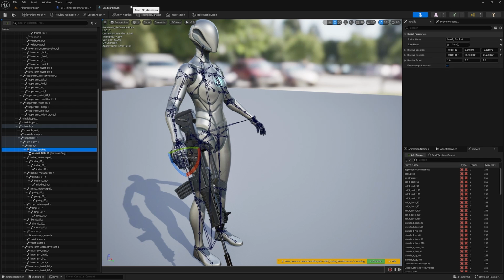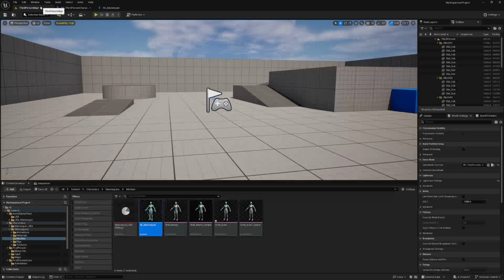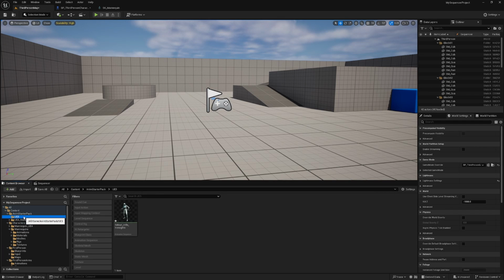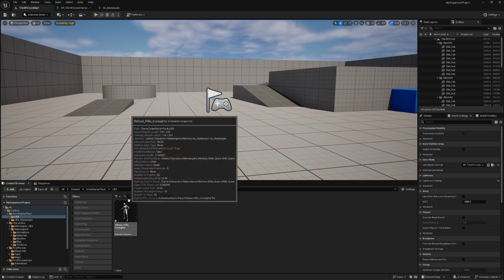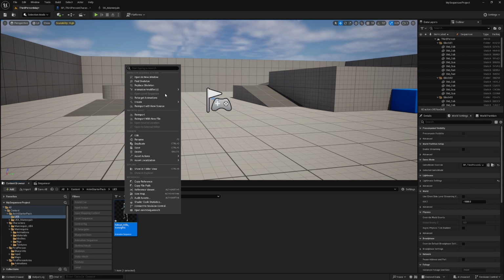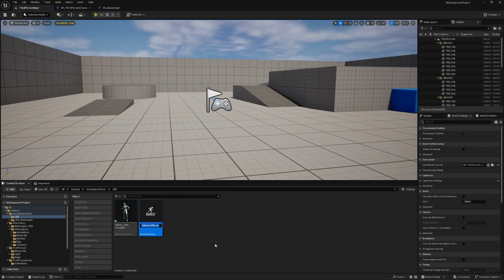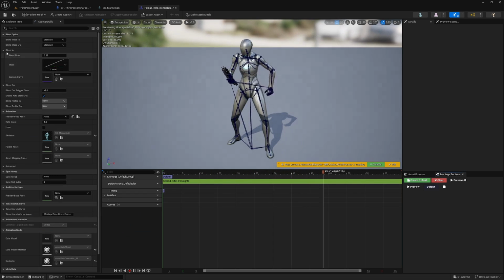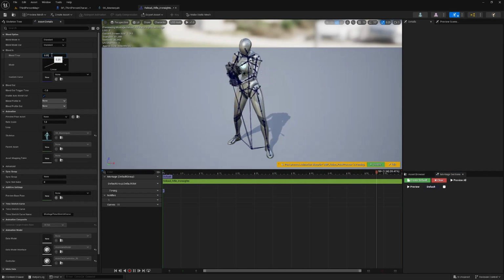But what I'm going to do now is play that animation that we retargeted in Anim Starter Pack. I'm going to play this on my character and play the reload animation of the rifle on the rifle at the same time, just as we just did with the animations that we created, just to show you how there's a bit of a mismatch going on here. So I'm going to right click here and create anim montage. I'm going to open that montage and change the blend in time to 0.01, the blend out trigger time to 0.01,